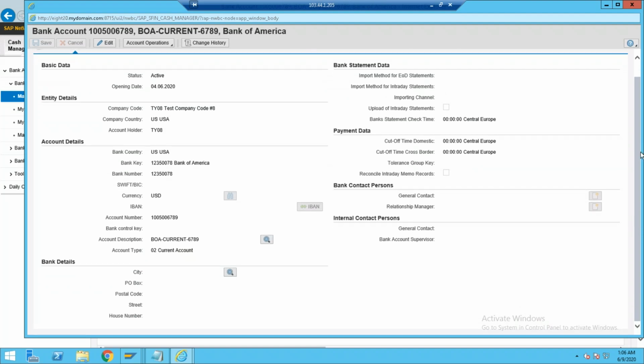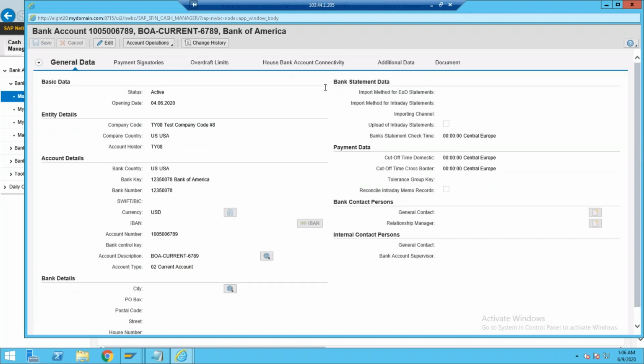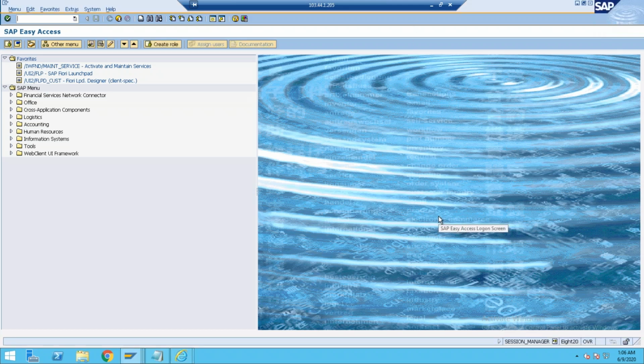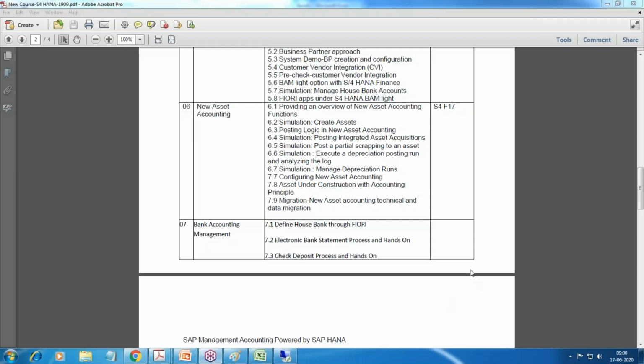From a banking point of view, a lot of functionalities are there. You can see payment signatories, some new functions, connectivity. All these things we will see. What I'm trying to explain here is everything is part of the universal journal. From a business functions point of view, you will find some similarities and some new things, and you can say some simplification. Mainly, you will find the user activities are simplified. Reconciliation is minimized, a lot of month-end activities are minimized, and definitely reporting will be faster. We have a new access here, that is the cloud functionalities. So this is how it is planned. Okay, now let me